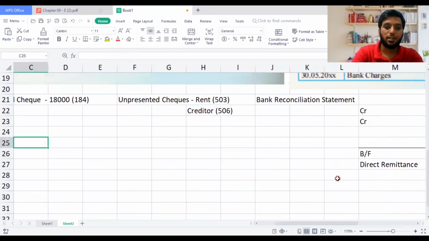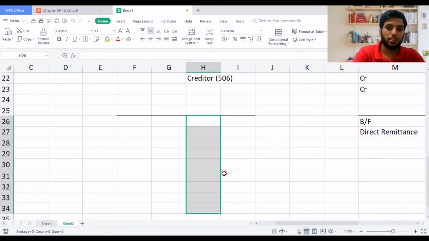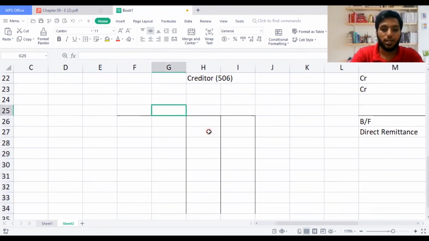I'm going to prepare a bank reconciliation statement which you already found. 6,000 is the actual difference. So I'm going to draw a bank reconciliation statement, right? So finally, when my sum is correct, as I said, guys, my bank statement balance and my bank reconciliation balance should be equal. If it is not equal, I have done a blunder. I hope I am not doing a blunder, and I hope you guys are also not doing a blunder with me. Then moving on, I'm going to write here bank reconciliation statement, right?